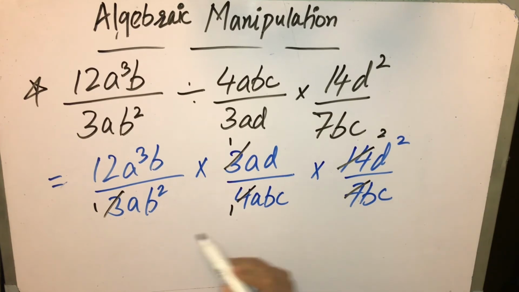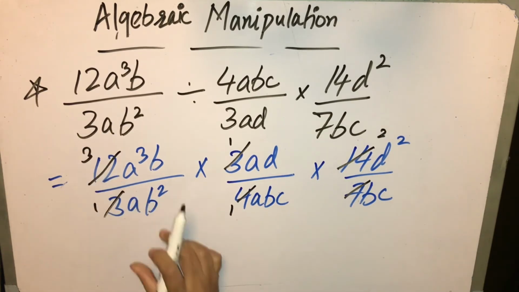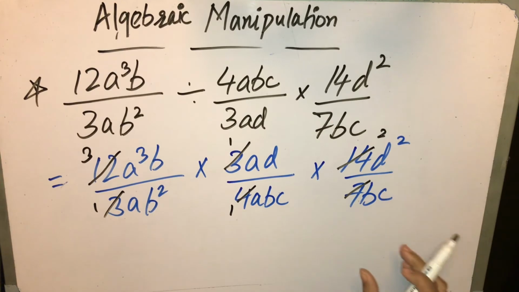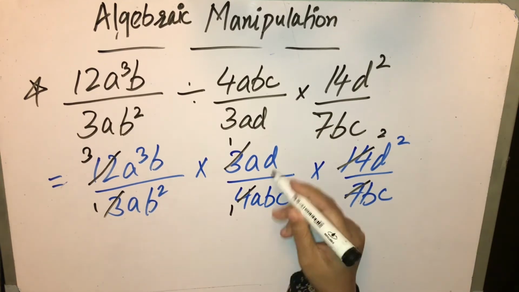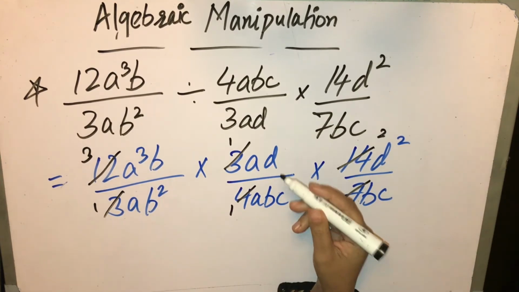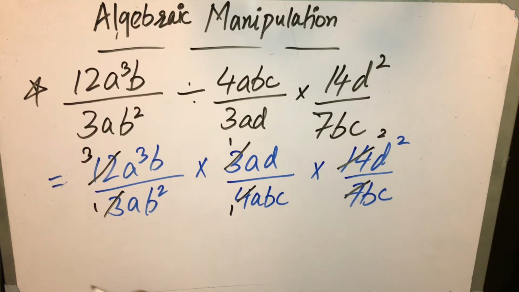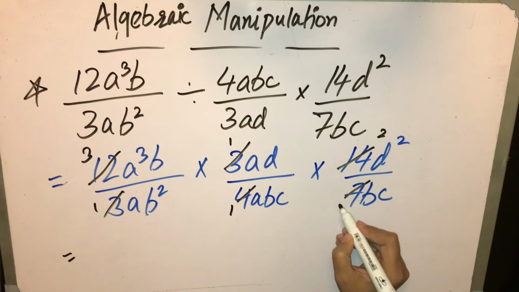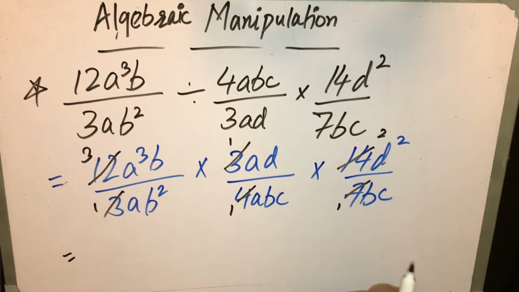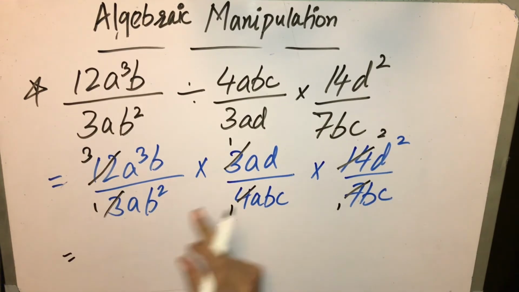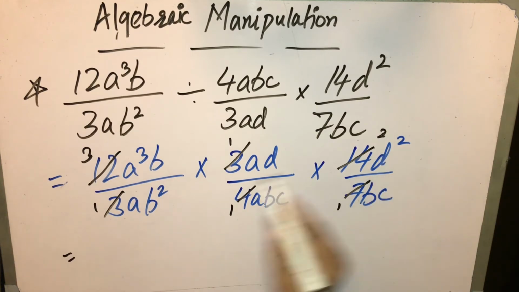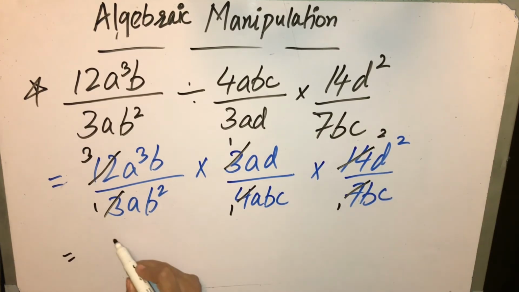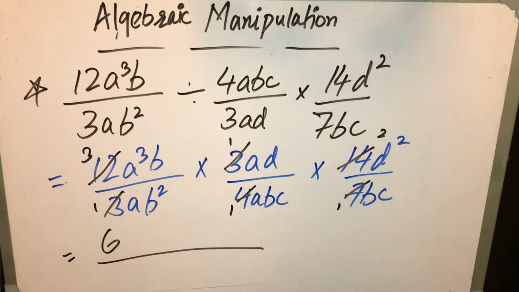4 1s are 4, 4 3s are 12. It may be here and there, it may be between any one numerator along with one denominator. So finally we have all these three denominators equal to 1. 7 2s are 14, 4 3s are 12, and 3 1s are 3. So in total we have 3 multiplied by 2, 6 left in the numerator and 1 left in the denominator. There is no need to write 1 in the denominator.